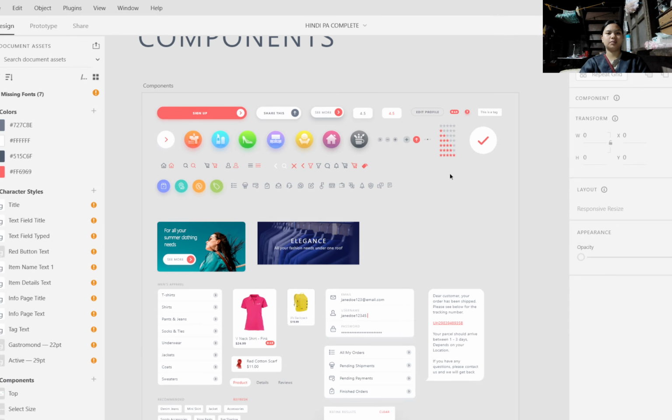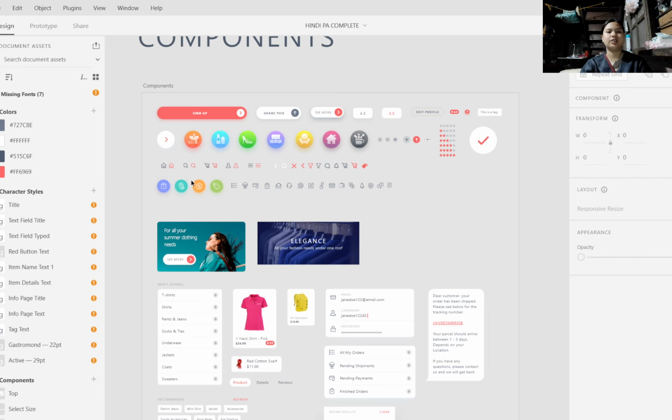This is the components, the sign up. This is the share this, the see more, 4.5, 4.5, edit profile, and the arrow button, the icons.